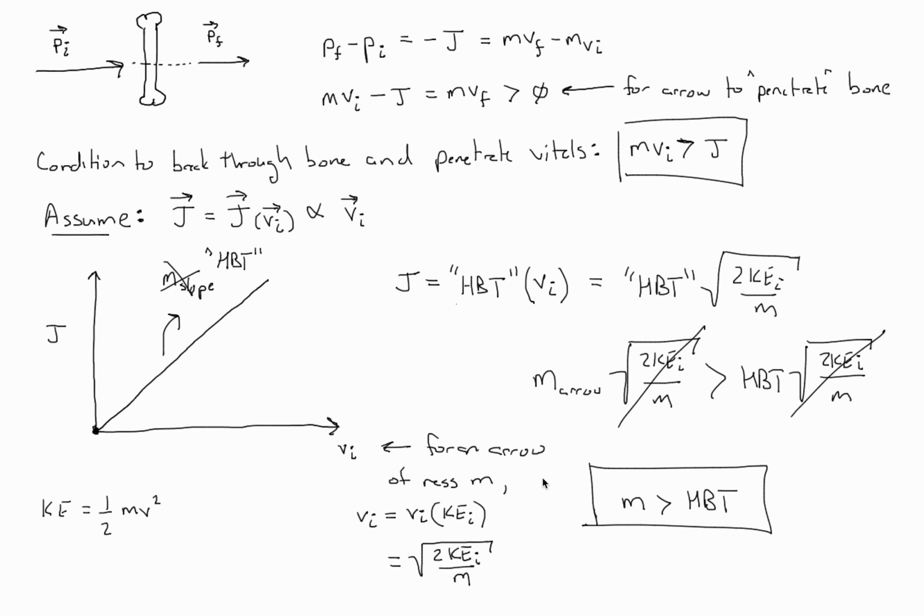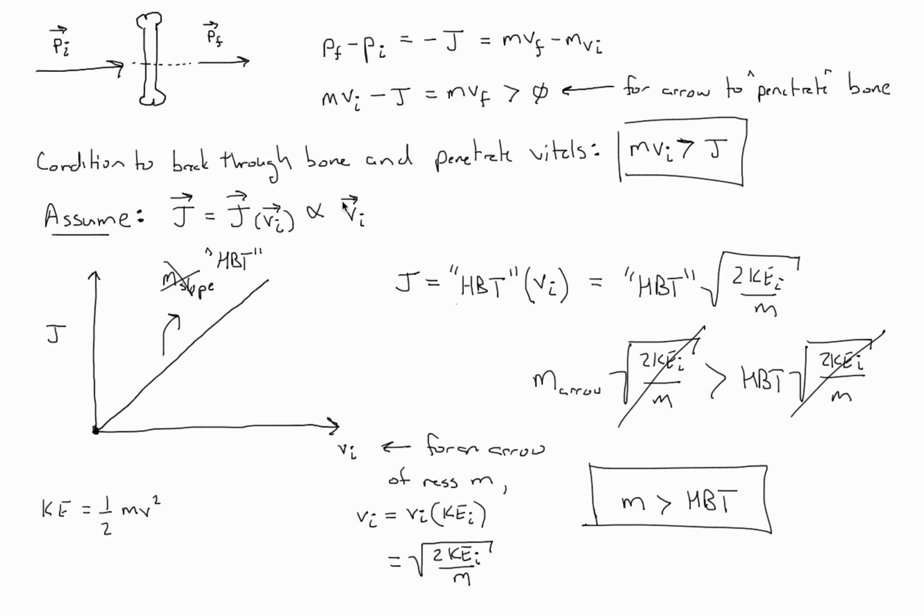So anytime you get a result like this, maybe something that doesn't make intuitive sense, because it should be pretty clear, I think I've heard Bill at Iron Will say this: you take that 700, 800 grain arrow and you throw it at a Cape Buffalo, it's not penetrating the bone. So velocity has to play a role. So when you see something that looks like this that says the condition that you're going to penetrate through the bone is that the mass is above a certain value, you definitely have to go back and double check your